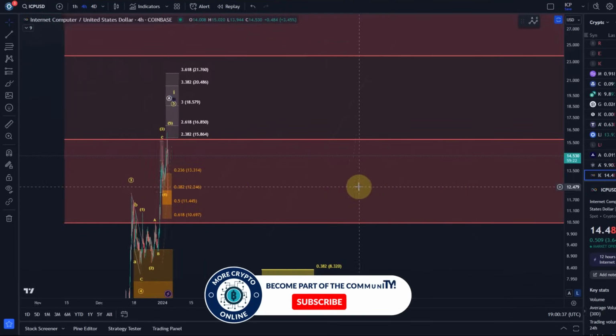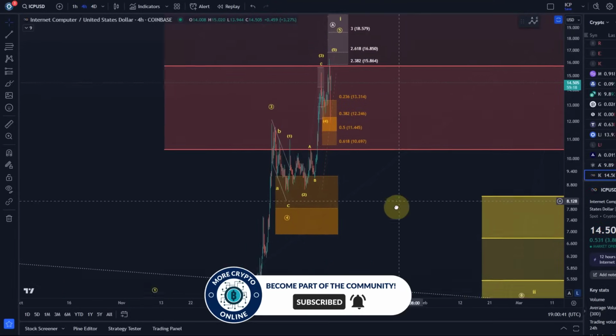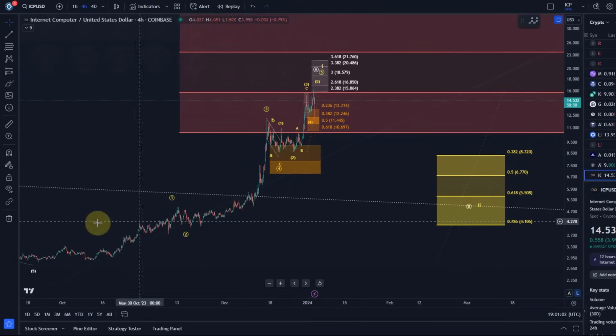So what can we say now? Well, for me, we've seen really good moves. The chart was fairly clear, not very clear, but fairly clear. Now that we've fulfilled the expectations, for me, it's about maybe taking a step back and letting the market tell us first what it intends to do. Because after a 5-wave move to the upside, it seems likely and reasonable to expect a wave 2,